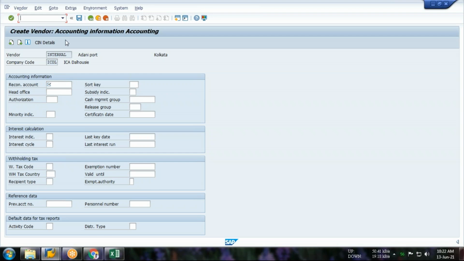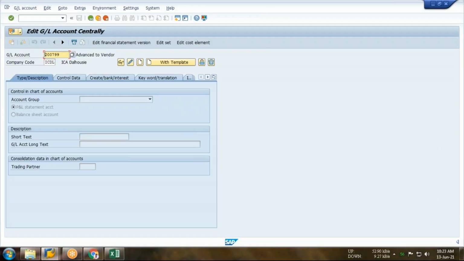So without closing this session, if I am to create the new vendor, sorry, vendor GL, so T code will be /O FS00. So vendor is my liability.